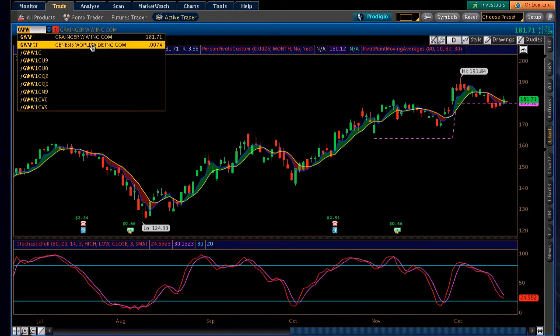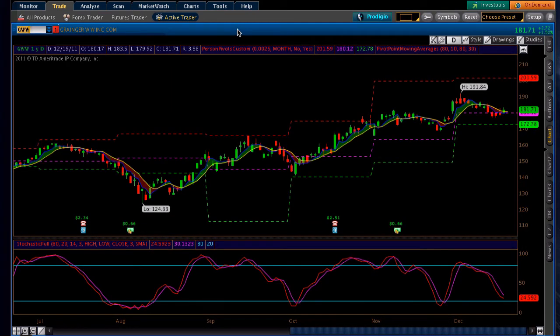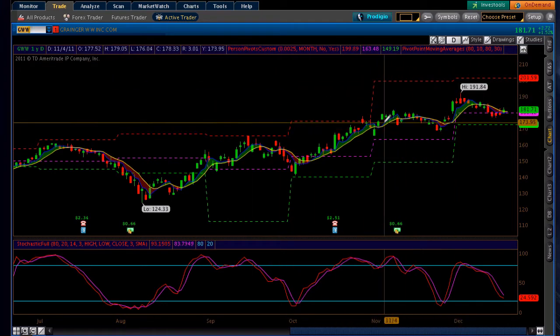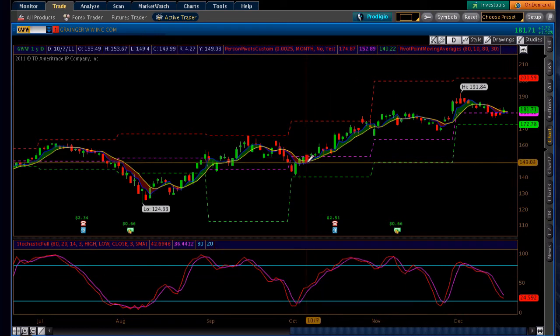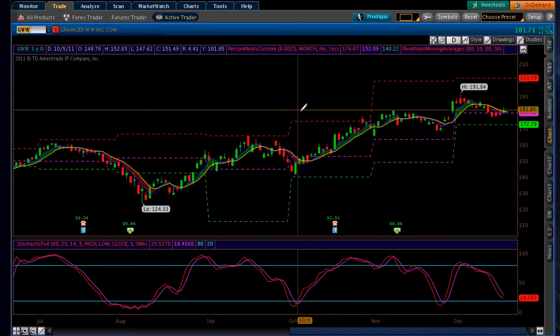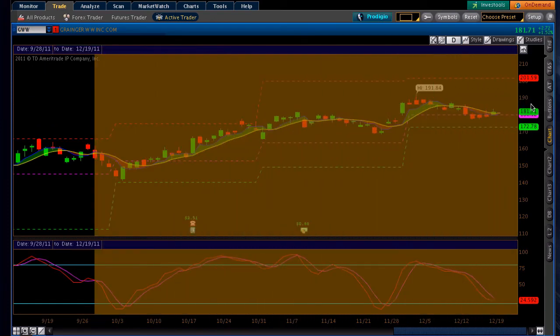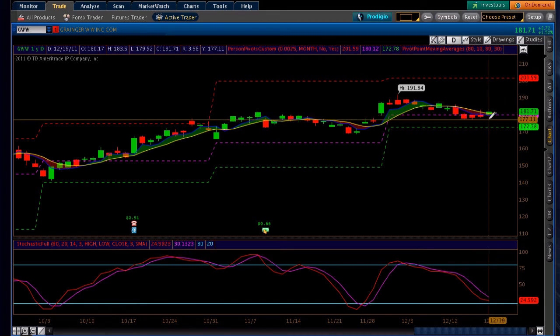So if we go over to GWW, Grainger, I like running scans, and I have a specific criteria that I'm looking for as far as the stochastics and my custom indicators for thinkorswim, the pivot point moving averages, and it did meet the criteria. And also, this looks like a pretty good setup